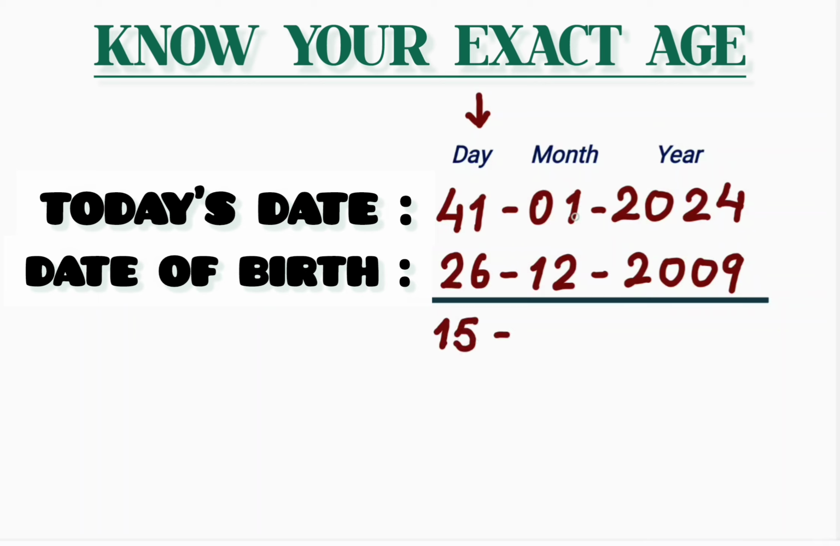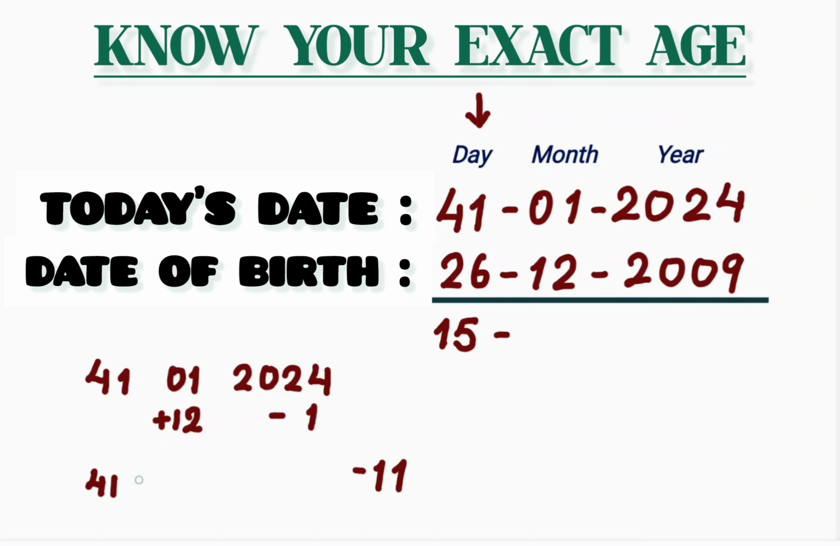In month, 1 minus 12 gives minus 11. Again, month can never be negative. Take the today's date. This time subtract 1 from the year and add 12 months in the month. This will become 41, 13,